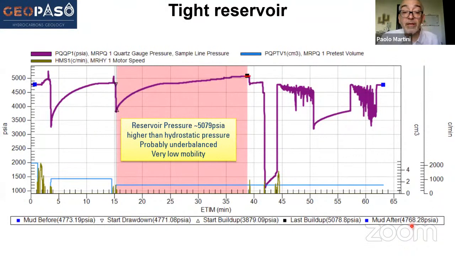reasonable. And look at the duration of this test. It's over an hour. These are minutes, so it's considerable time for a pressure test. And this was done with an extra large diameter probe, because it was known that the formation was low permeability. So if I zoom in,